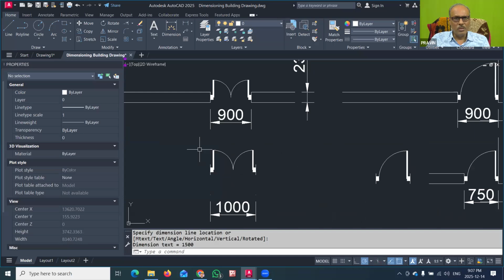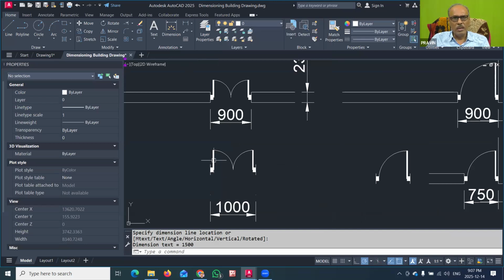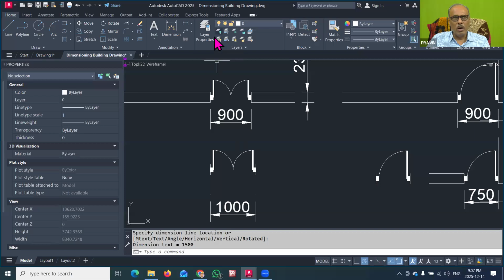So here, first important thing is that there are so many things associated with the block. In the upcoming lectures we will talk about this. So this is a layer panel. While creating the block, you have to remember that you are creating all your drawing on the 0 layer. That is the default layer. In the upcoming lectures we have separate sessions on how to use layers. But at present, you only have to remember that all these drawings should be created on the 0 layer with the white color, no other color. So first you have to take care of that.